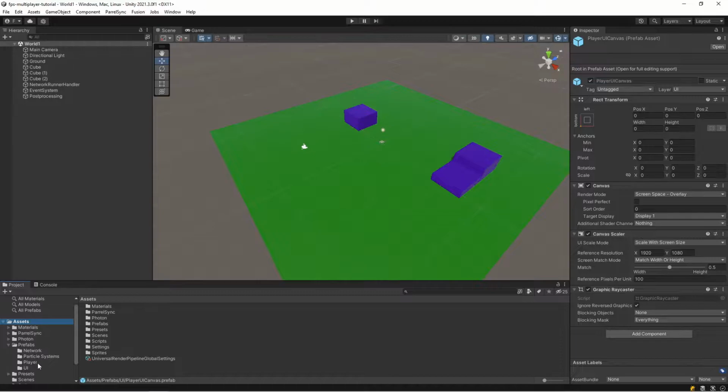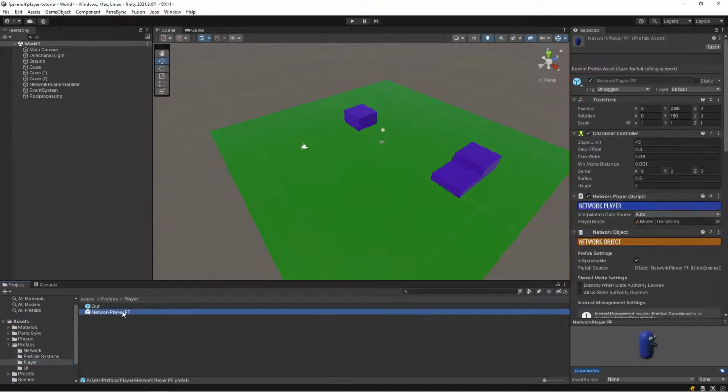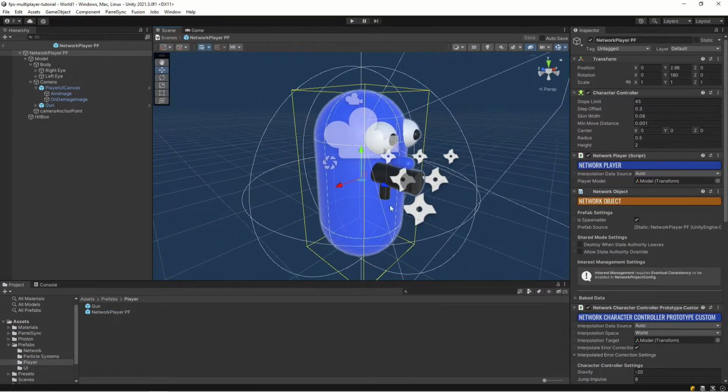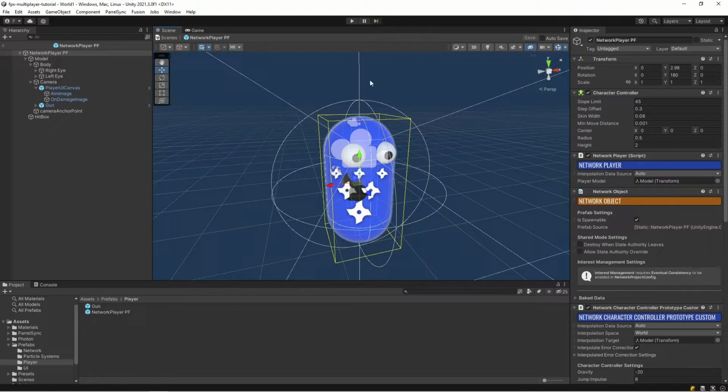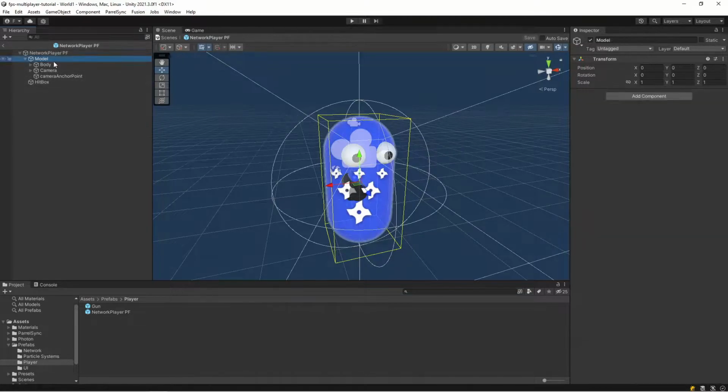So let's go into prefabs. Let's open our network player prefab. So here's our little dude. And what we want to do is we want to have their name tag above here. We want it to be a part of our model or a child of our model, so it follows everywhere